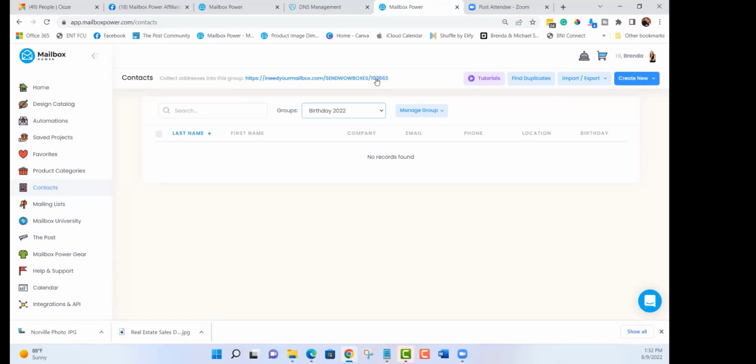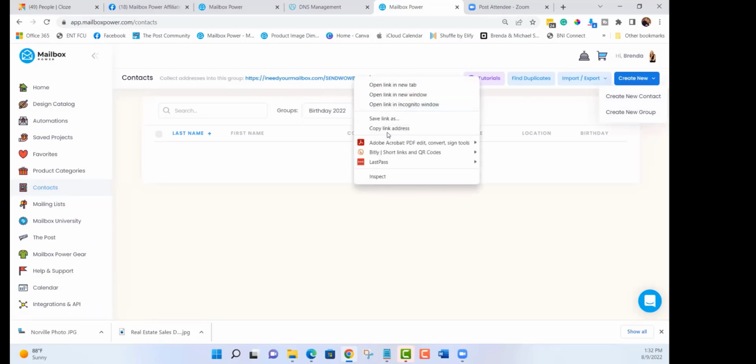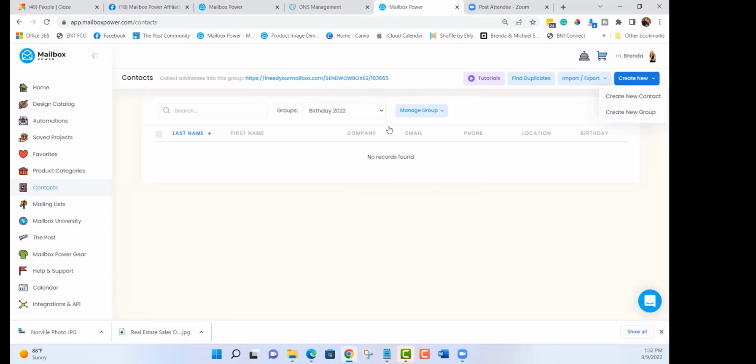So if you want to collect addresses, if you don't have the addresses of your family, friends, circle of influence, clients, you could go create a group, go right here, create new, and create a new group. It will have a unique link. You right click on it and copy the link address. And now you send it via email, via text message, social media, Facebook Messenger, however you want to communicate with them, an email message that goes out to your entire